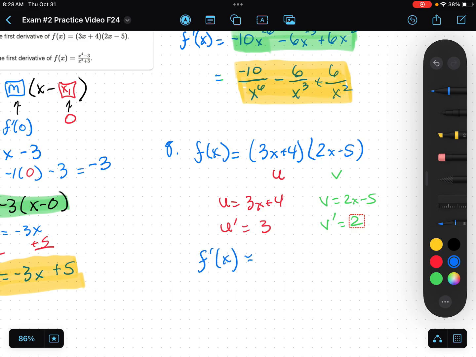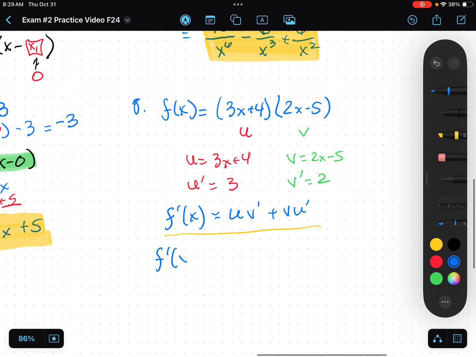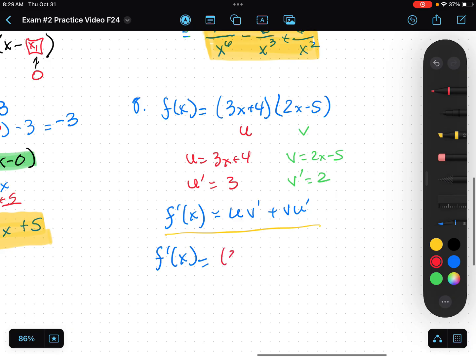And then to get the derivative, the form that I'm going to follow is just u v prime plus v u prime. That's the same as saying f of x times g prime of x plus g of x times f prime of x, right? This thing here is just called the product rule. So for us, our answer is going to be 3x plus 4. That's my u. Let's do this in color. I'll match the colors up. 3x plus 4, that's the u, and the v prime is 2,